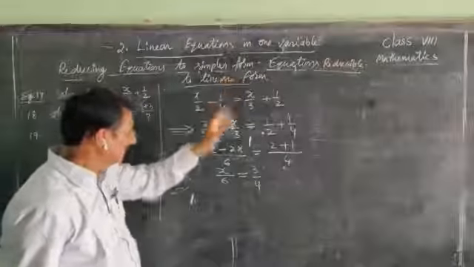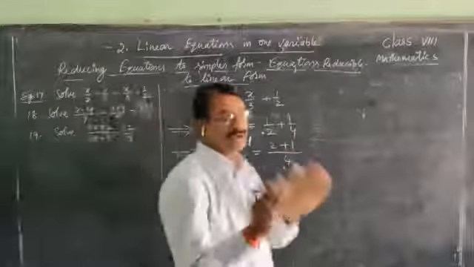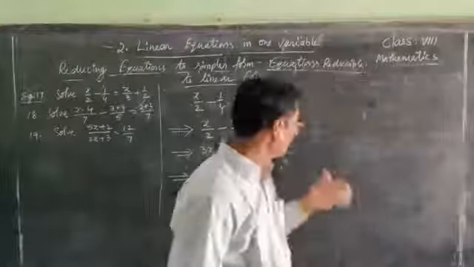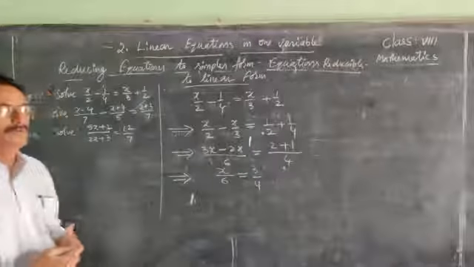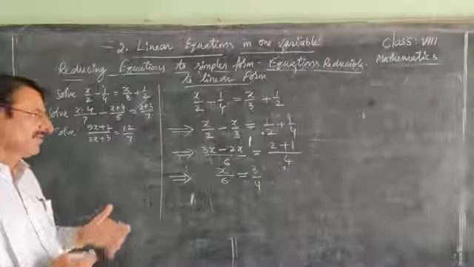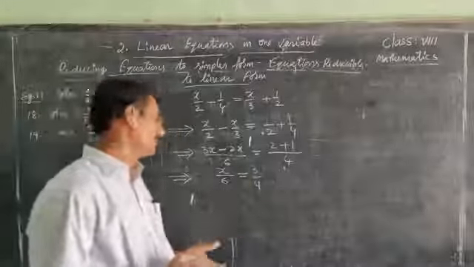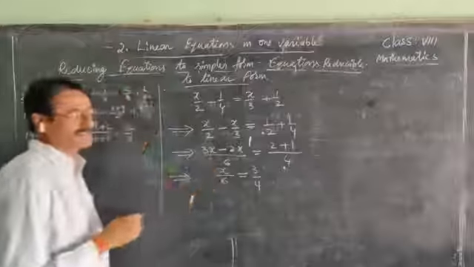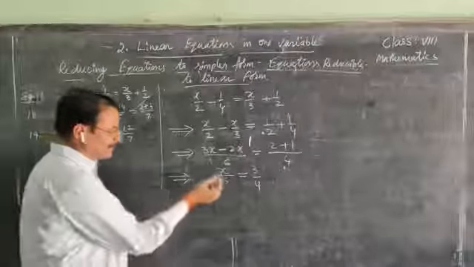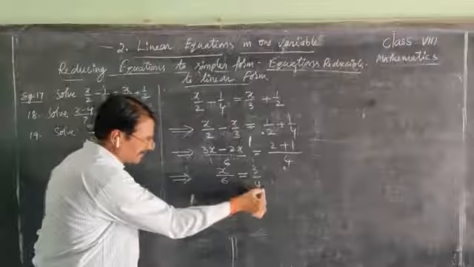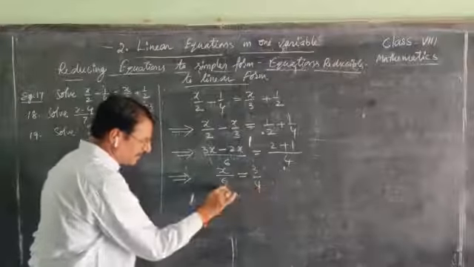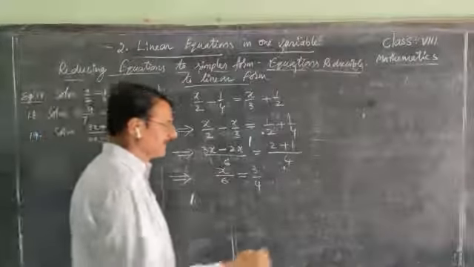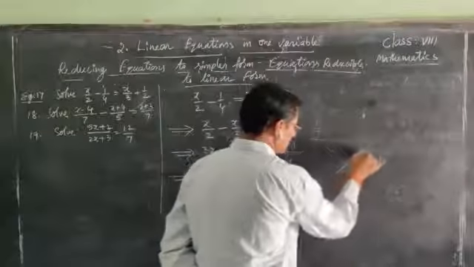In the given equation, we get two terms, one on the left side and one on the right side, but both are in fraction form. Fraction form is called rational form. So, do the cross multiplication. What is cross multiplication? Multiply this numerator with the other side's denominator, and this denominator with the other numerator. That is called cross multiplication. We use this type of symbol.